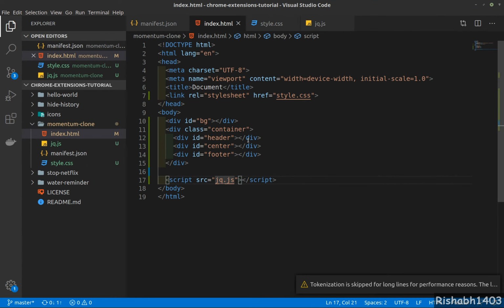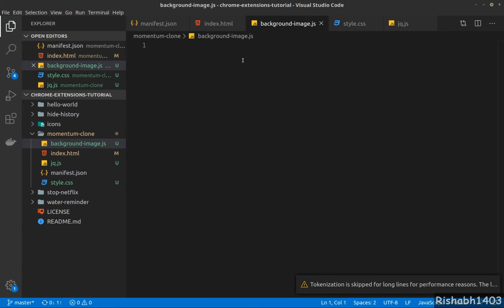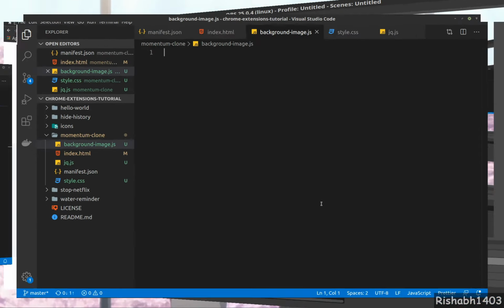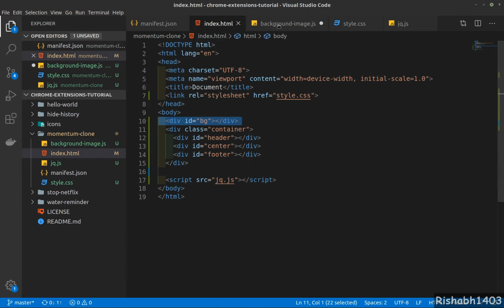Let's go ahead and create a new file to handle our background. So now we'll need to use the API that I was talking about. Where's the API? Here. Okay, let's copy this, go back here. Now we'll grab the background element from here, this background element.